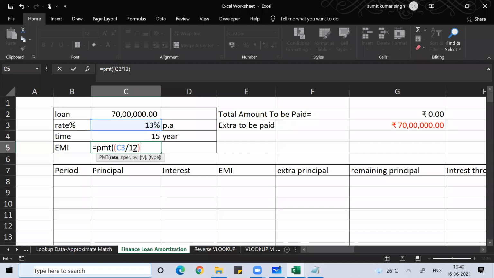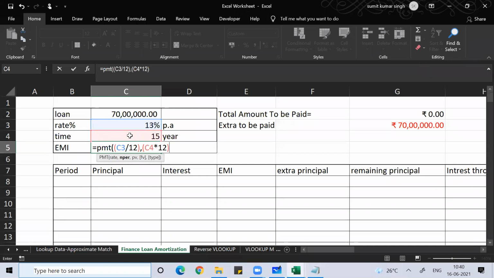I hope you're understanding. If 12% per annum is your rate of interest, then approximately you are paying 1% per month. That is not exactly 1%. Why not 1%? You will study that in second semester, but I'm assuming it will be approximately 1%. Comma. Then NPER means time period, Rajendra. You're taking the loan for 15 years. Now for how many time periods will you pay?